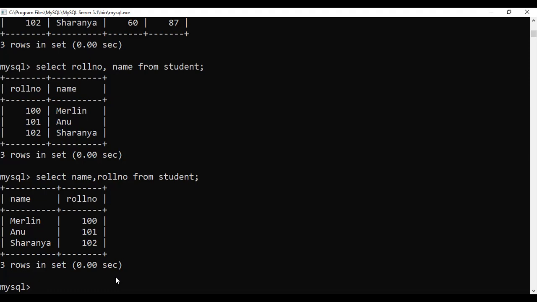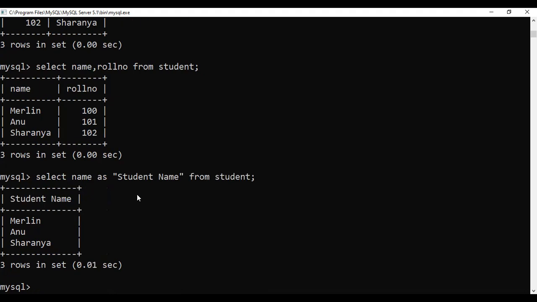So what I will do is select name as, in single quote or double quote, I will give S name, or I can give student name. Double quote, from student.